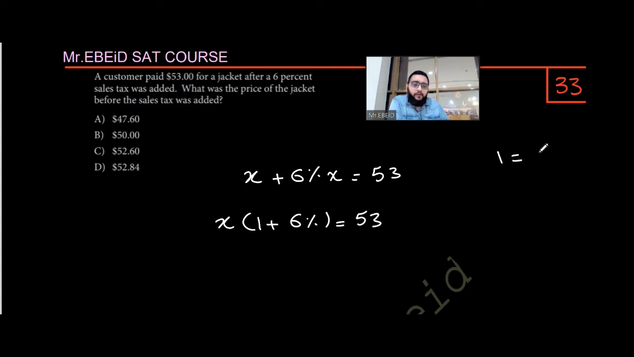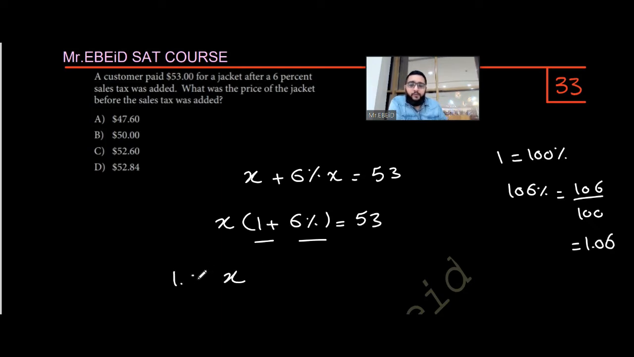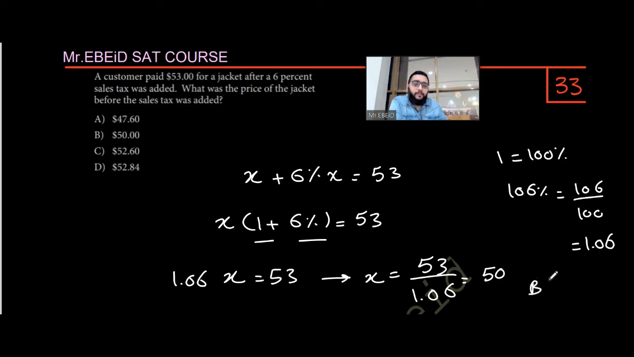As you know, 1 equals 100%. So by adding 100% plus 6% we get 106%, which equals 106 over 100, so it will be 1.06. So x times 1.06 equals 53. Divide both sides by the coefficient of x, so it will be 53 divided by 1.06, which equals 50. So the answer is